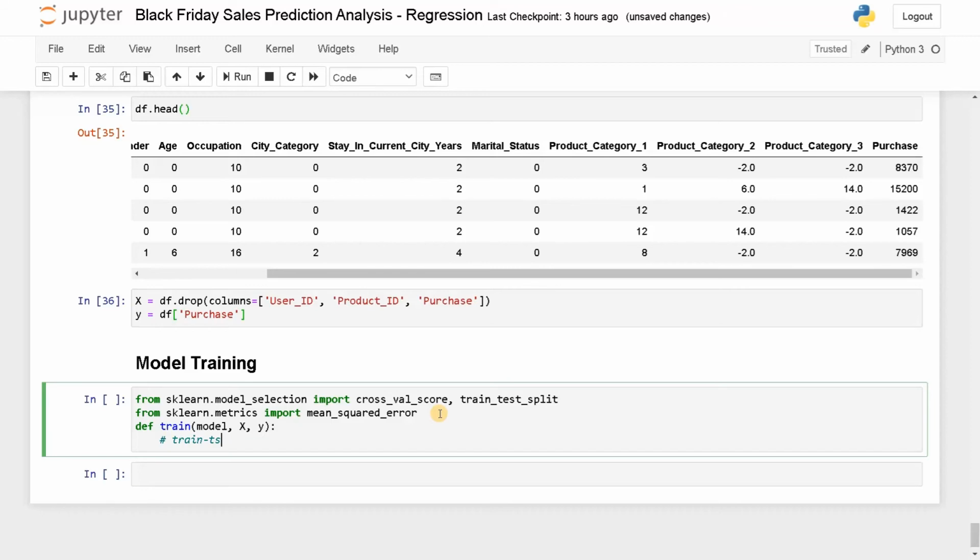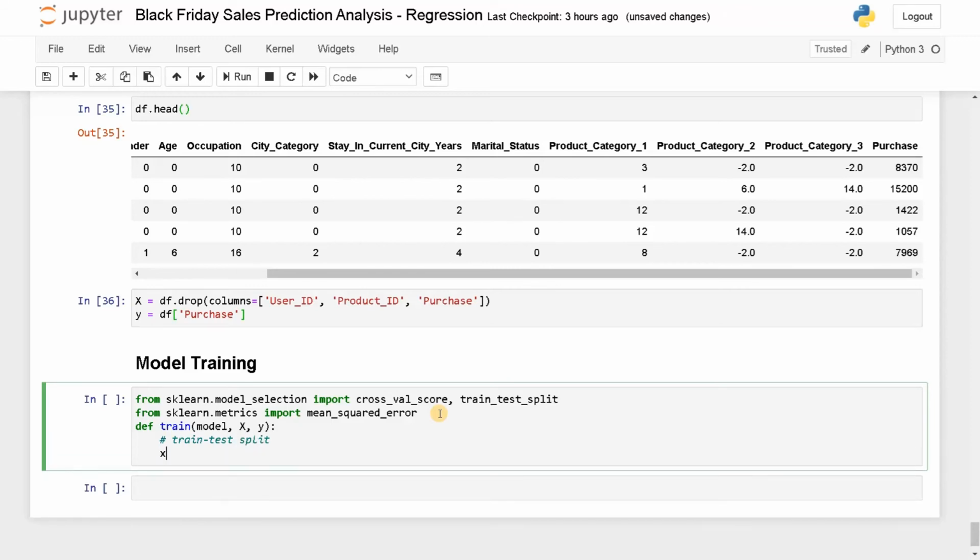Train test split: x_train, x_test, y_train, y_test equals train_test_split and the data set. So that is x, the input attribute, y, the output attribute, random state. I already mentioned the use of random state in the previous video. If you rerun the program again, it will split the data in the same manner. That's the use of random state. And test size